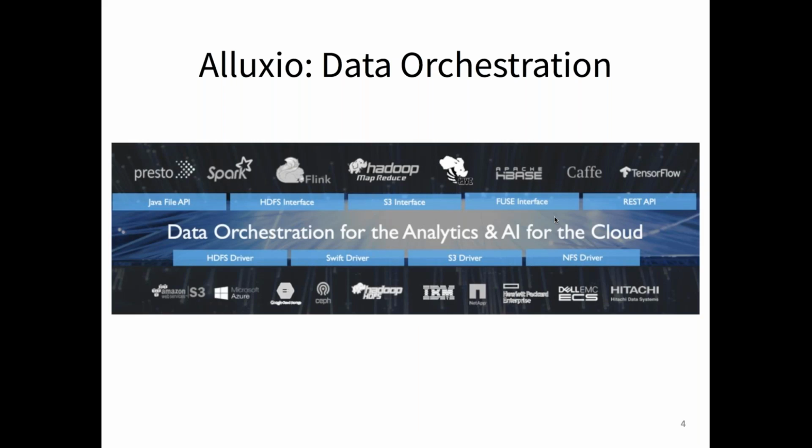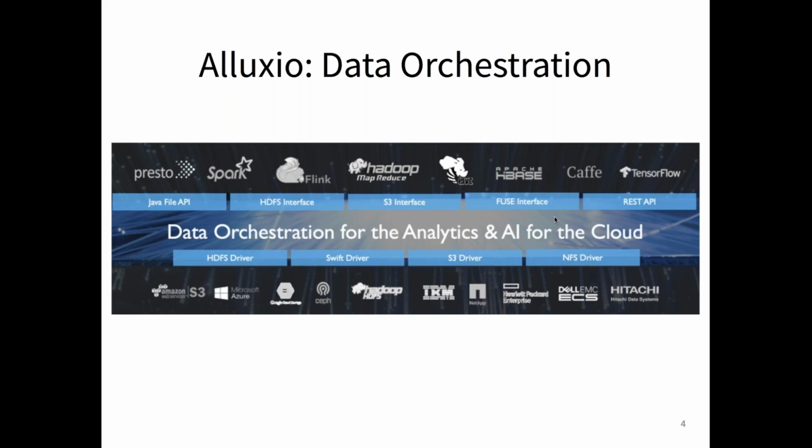First of all, this is the Alluxio overview. Alluxio is a data orchestration layer for big data and AI workloads. This is a data ecosystem stack, and in the top part are the computation frameworks, including Spark, Presto, Hadoop, or even machine learning workloads like Caffe or PyTorch. At the bottom, we can see what we call the under storage, or the persistent storage. Alluxio is a bridge connecting the under storage with this computation. You can think of it as a data abstraction for the data stored physically on the data storage, and then